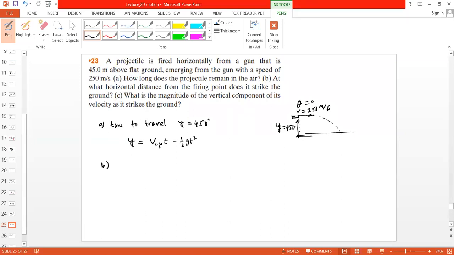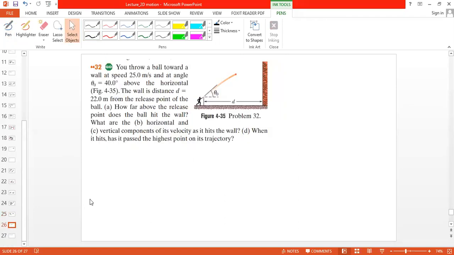আর b হচ্ছে at what horizontal distance from the firing point does it strike the ground, অর্থাৎ সে তার ফায়ারিং পয়েন্ট থেকে কত ডিসটেন্স দূরে গ্রাউন্ডকে স্ট্রাইক করে। That is, I have to find this distance. So that is I have to find x equal to v naught x t. So by the way, v naught x means v naught cos theta into t. t কোথা থেকে পাবো? এখান থেকে আমি একটা t পাবো. This will give me t. এই t-টা এখানে সাবস্টিটিউট করলে তুমি x পেয়ে যাবে. So this math is easy. আমি এইটা তোমাদের বাসায় প্র্যাকটিস করার জন্য রেখে দিচ্ছি।